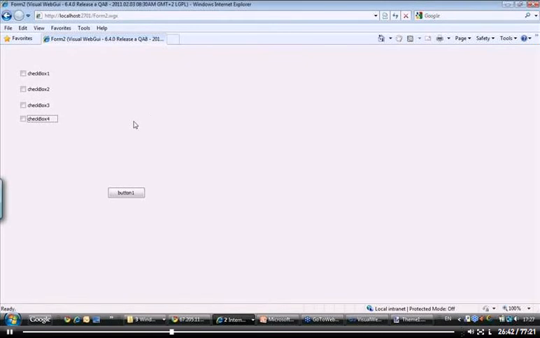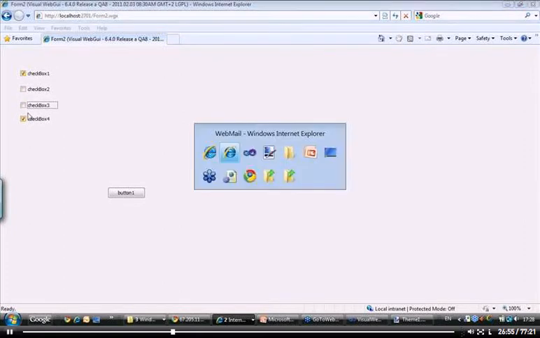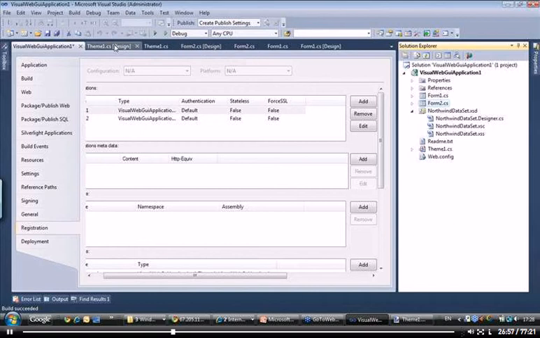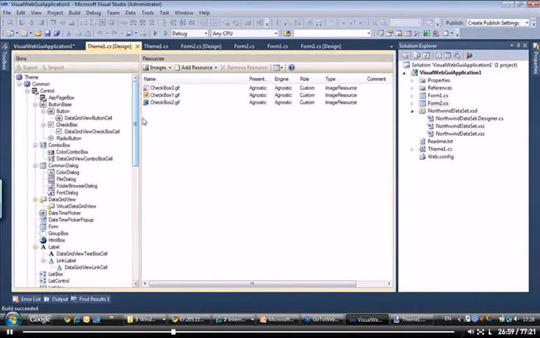Right here, form 2. And I can see this is the form that I opened with the dialog. And you can see the checkbox. I changed the appearance of the check state. And actually we can do this with everything. I can change the font. Say if I go to the theme, in the theme designer, I could choose the font of